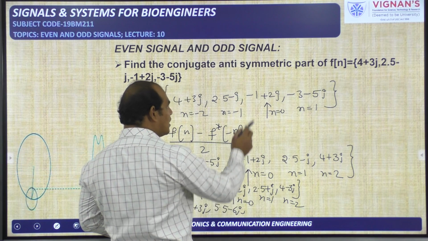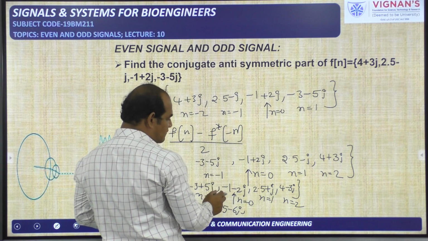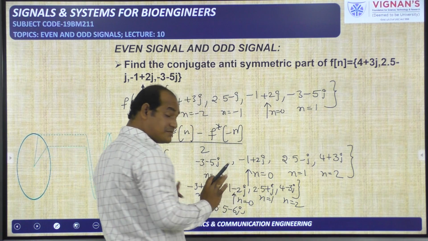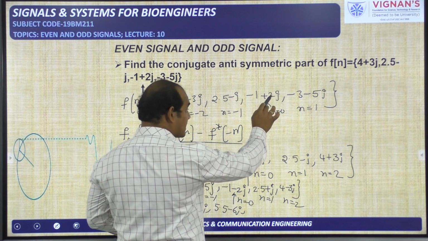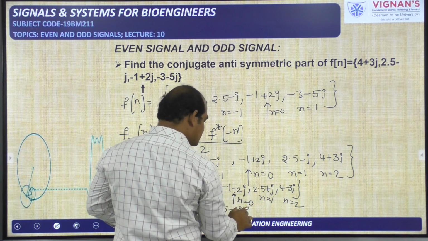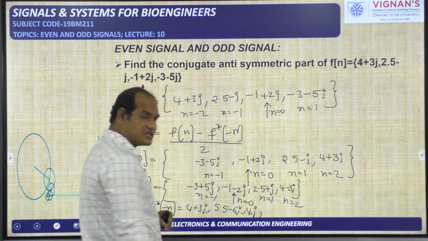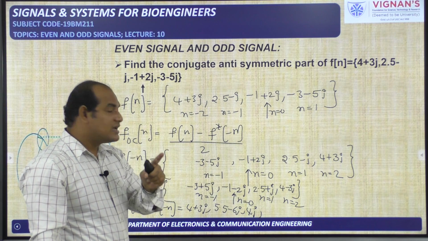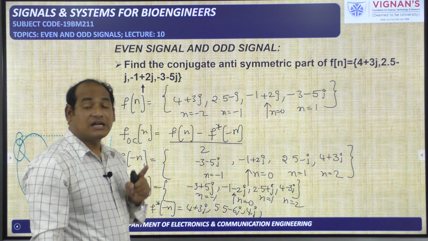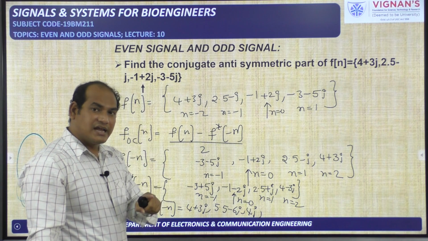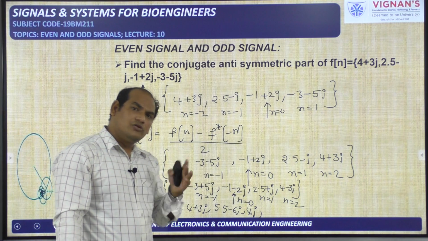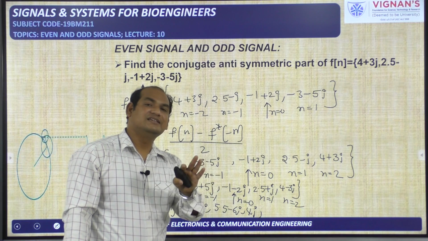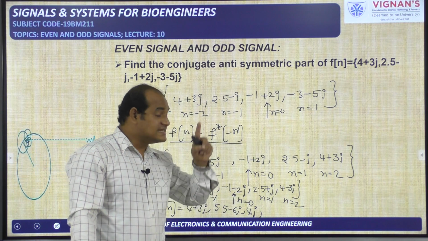At n is equal to 0, minus 1 minus of minus 1, that will become 0. So real part is becoming 0. What about this imaginary part? 2j minus of minus 2j means 4j. So real part has become 0. For the real signals, the value of the sample at n is equal to 0, or the amplitude of the signal for the odd signal at t is equal to 0, is 0. That already we have seen. For all the odd signals, the value of the signal at t is equal to 0 is 0. That already I told. This is about the complex signals.